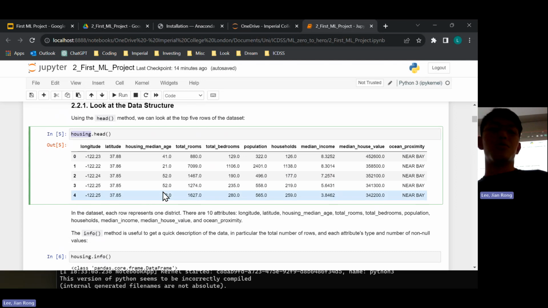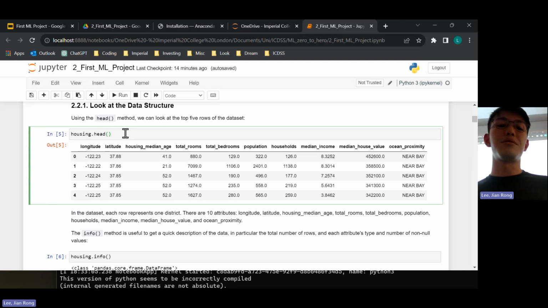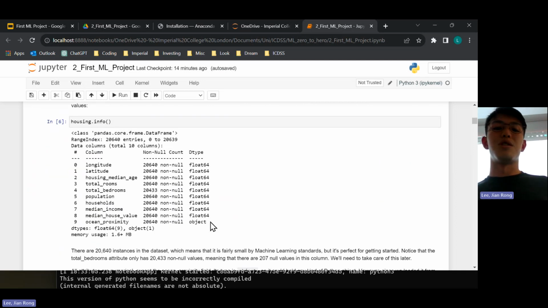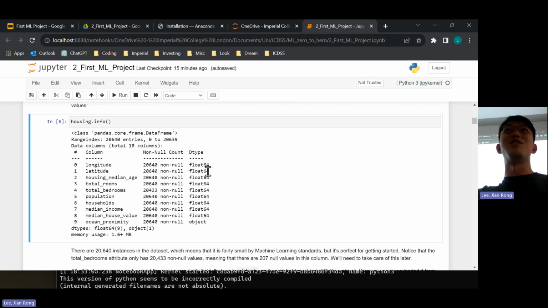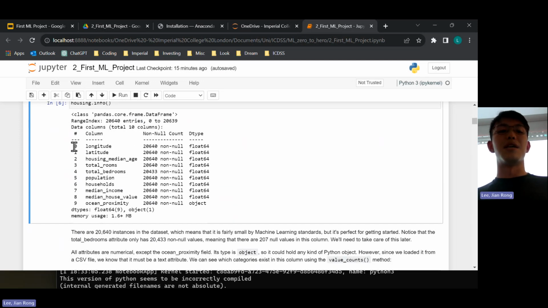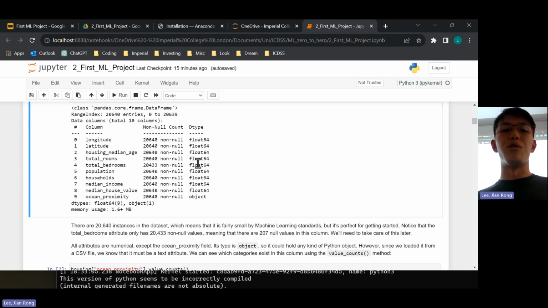There are also some other methods that give us insight into what this data frame contains. There's an info method. Here's what it does. You can see we have 20,000 entries, which means 20,000 rows. And these are the features that I talked about just now. I want to bring your attention to this D-type column. This tells us what data type is in our data frame. For the longitude column, it only contains floats. Floats are floating point numbers, like 3.4 or 6.1. You can see all of them are numerical,